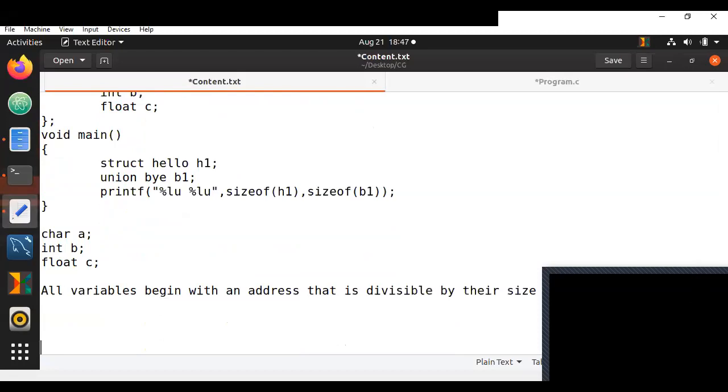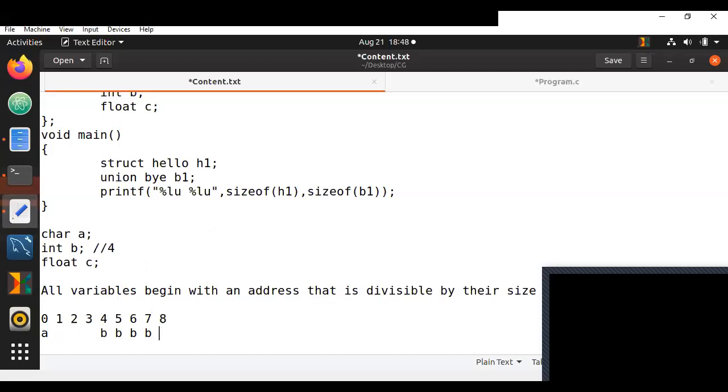This is how it works. So if character A is starting on address 0, then after 1, 2, 3, 4 is what is divisible by integer size, because integer size is 4. Since integer size is 4, the integer variable should begin somewhere where that number is divisible by 4. 4 is what is divisible by 4. So it starts B here, and B stores from 4, 5, 6, and 7.